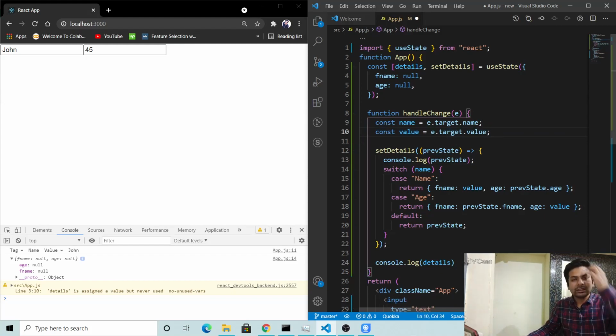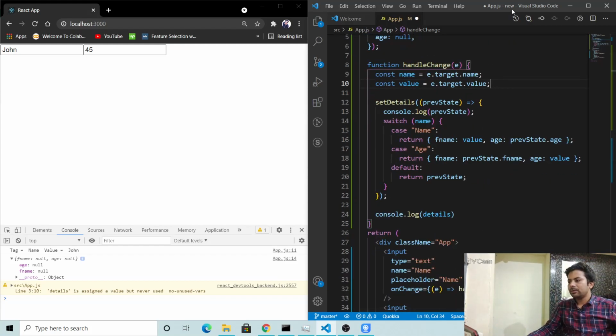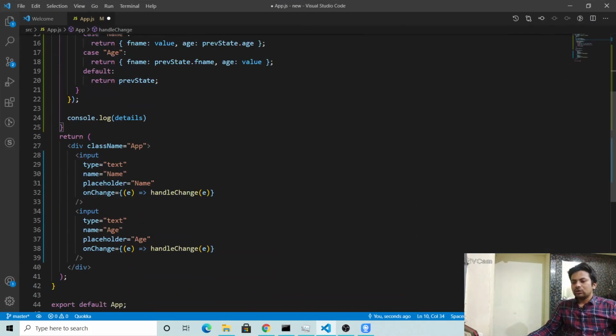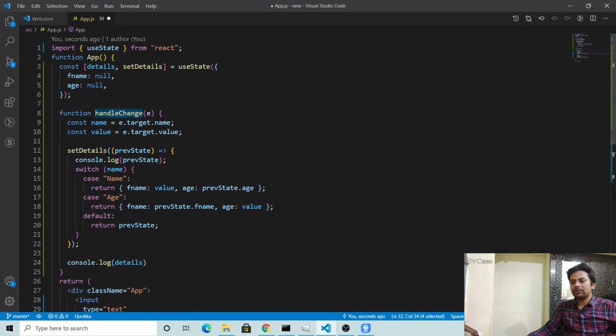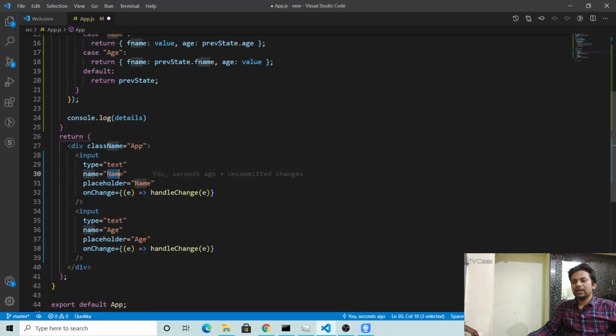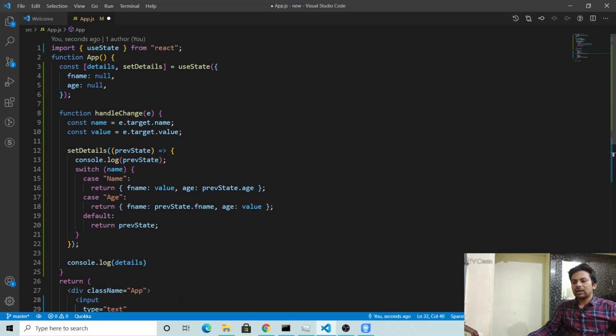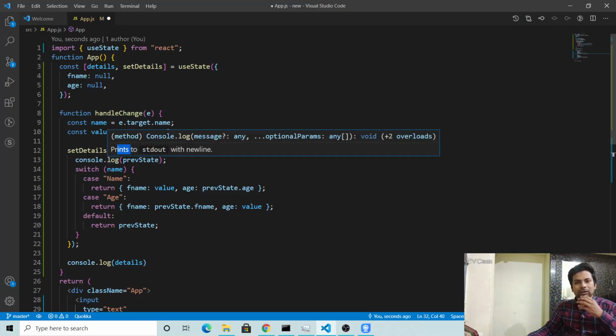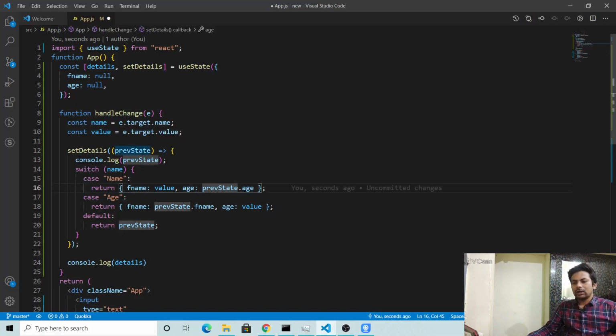So what's happening in a nutshell, let me explain again. Let me make it bigger. Suppose you change something in the name tag, so it will call the handleChange. Here it will get the name of the tag and the value of the tag. Suppose name, I will get name in capital letters, and the value, whatever value I type. It will come here and call previous state, meaning getting the real value of that. I want to just print here only.